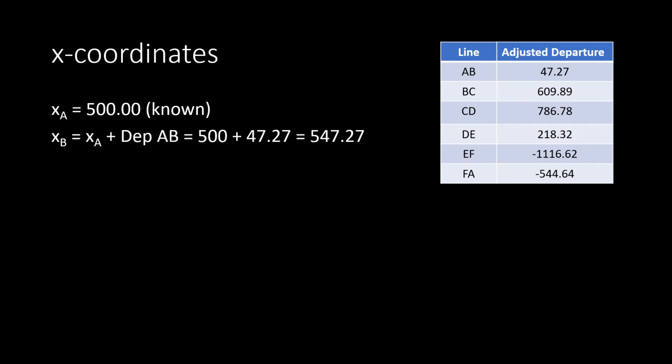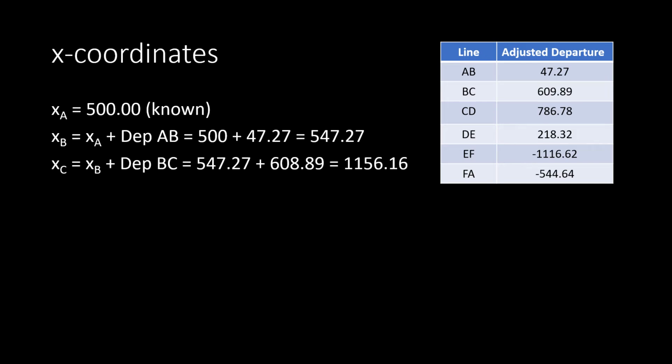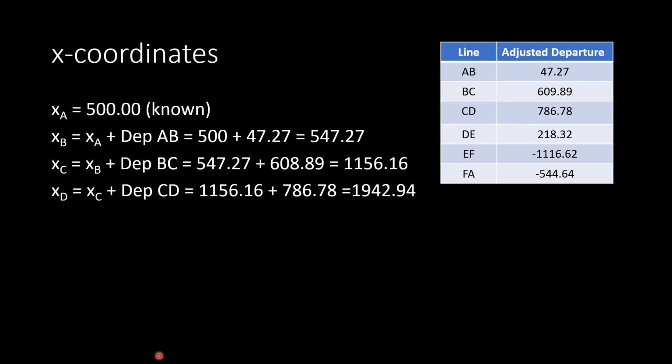The x coordinate of point B is equal to the x coordinate of A plus the departure of AB, equaling 547.27. We proceed to station C. X sub C is equal to x sub B plus the departure of BC, equal to 1156.16. Next, for station D, x sub D is equal to x sub C plus the departure of CD, which is equal to